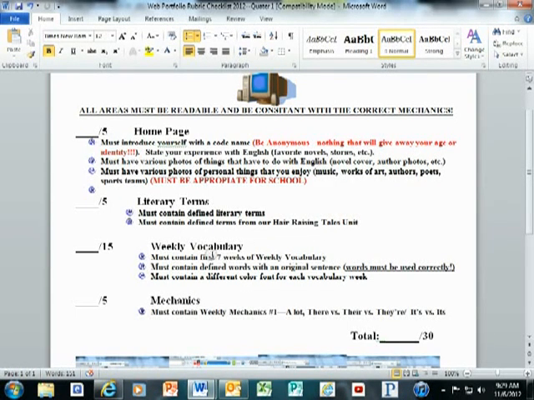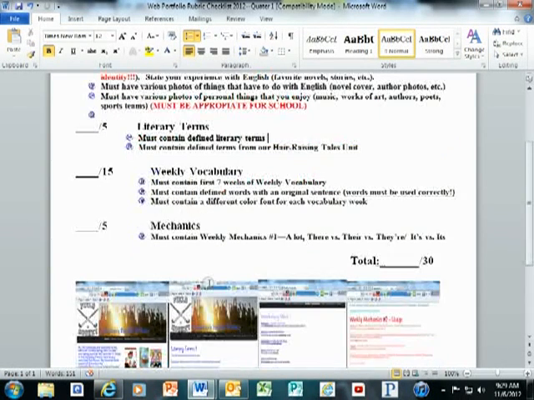Weekly vocabulary. You must have all 7 weeks of vocabulary. We've done 7 weeks of vocabulary so far, so make sure that they're on there. Okay, and the words must be used in a sentence correctly, and color code each font differently for each week. Weekly mechanics. Okay. I'm just giving them to you. We're going to take a look at a lot, use of a lot, there, and there, and its and its. You're going to do examples for those. The work you do in Edmodo can simply be copy and pasted and put onto there.